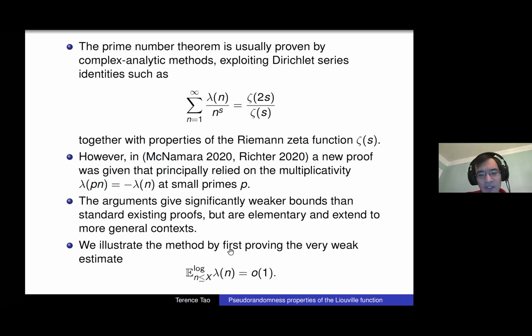So let me first start by proving a really unimpressive bound, that if I take the log average of the Liouville function, I will just show that it is little o of 1. Okay, so the trivial bound is 1, because lambda is plus or minus 1, so by the triangle inequality it is at most 1. As I said, it is already quite easy by elementary methods, in half a page, to get 1 over log x. You just do a very short Fubini's theorem, basically double counting. But I will prove something which is actually worse than the easy bound, but still better than the triangle inequality. Okay, so our main tool